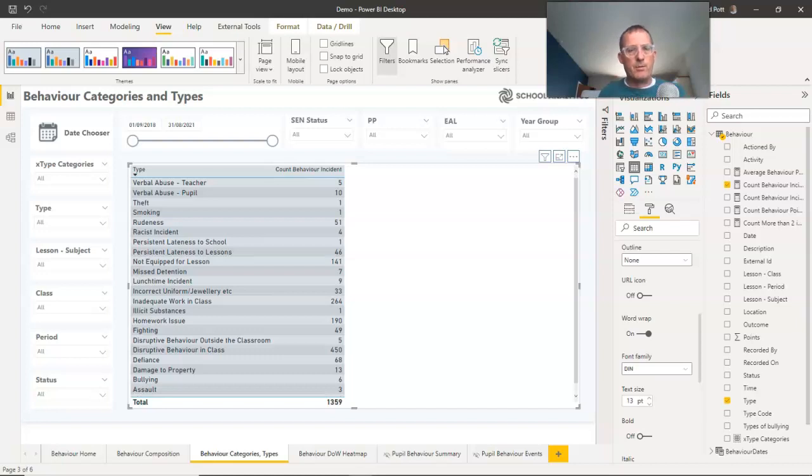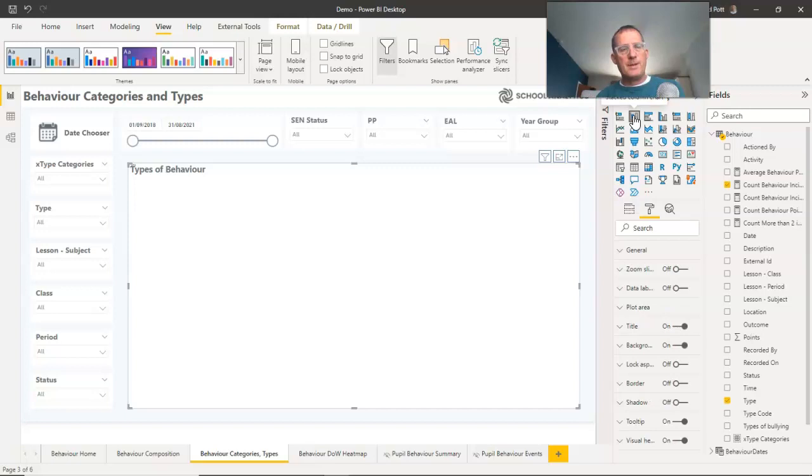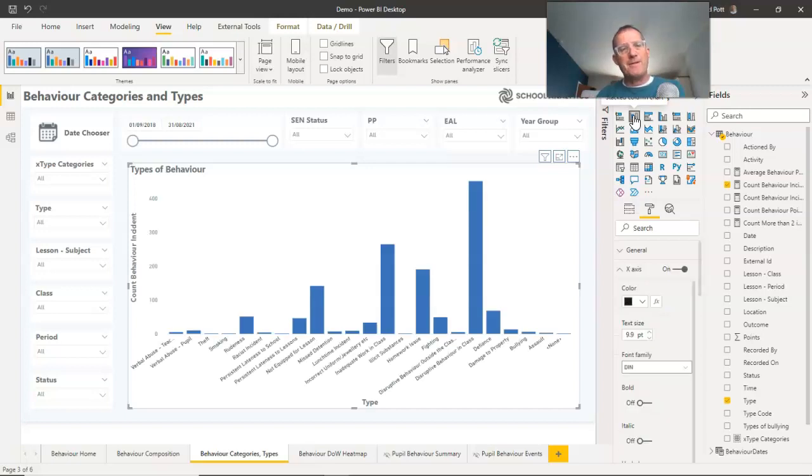Sometimes in Power BI, when we're dealing with data, the data that we have is too fragmented. Here's an example. This is behaviour types from a school, and we've got lots of different behaviour types. But if I convert this table into a bar chart, you'll see that because we've got a real mix of different severities of behaviour here, it's difficult for us to really pick out if we have a problem. We have a big spike here, which is for disruptive behaviour in class, which is probably not the most severe